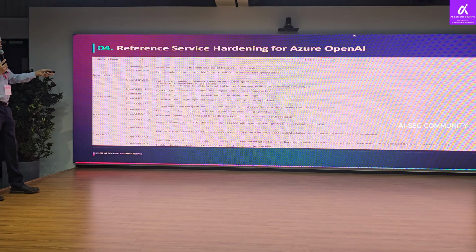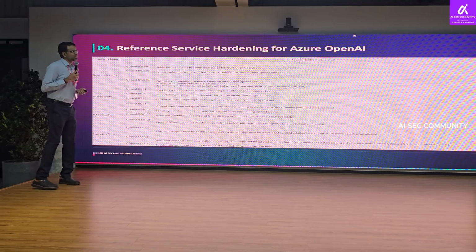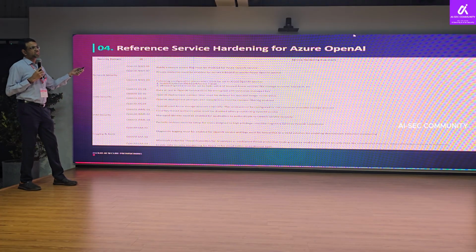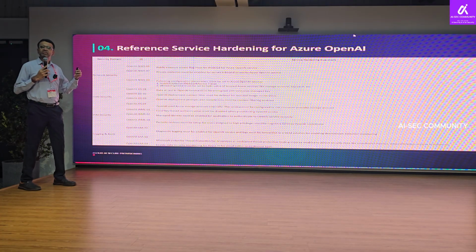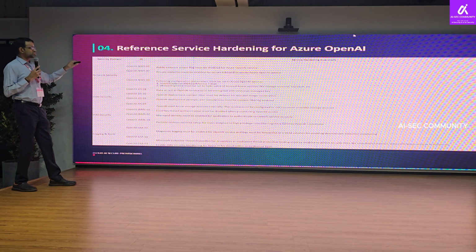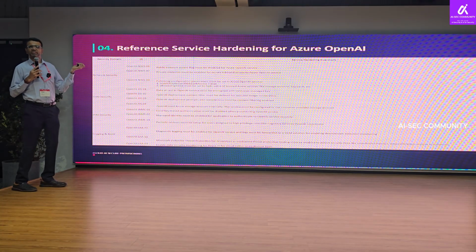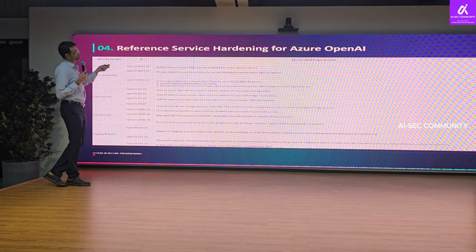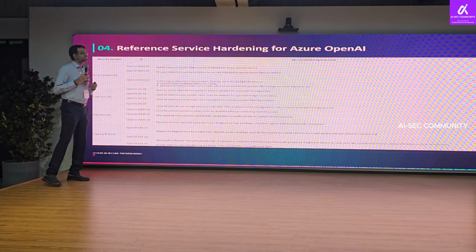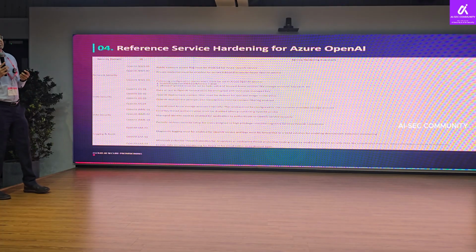Many times we have read in the news that your service was accessible over the internet, your S3 bucket was accessible over the internet. This is one crucial setting, especially from an Azure perspective, that is available for every service, and it needs to be turned off. Now the developer might come back saying, how do I even access this service internally?